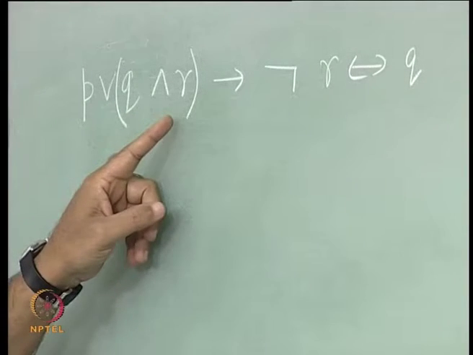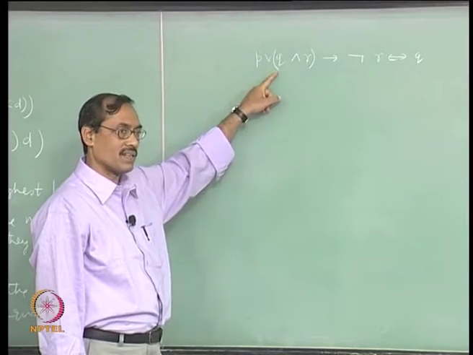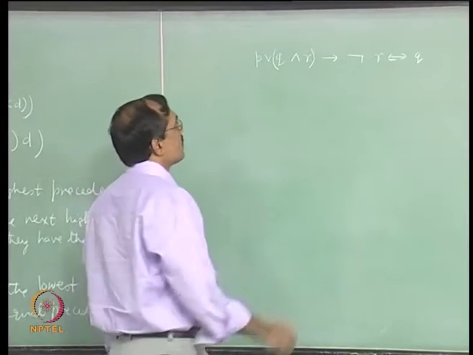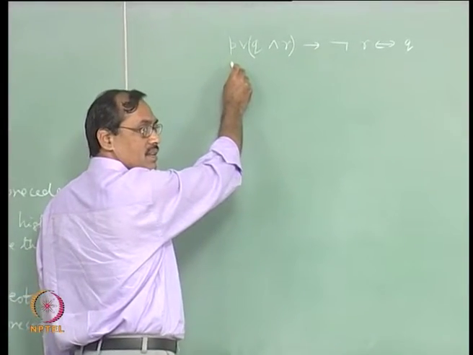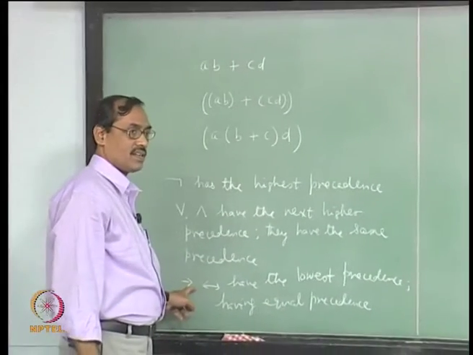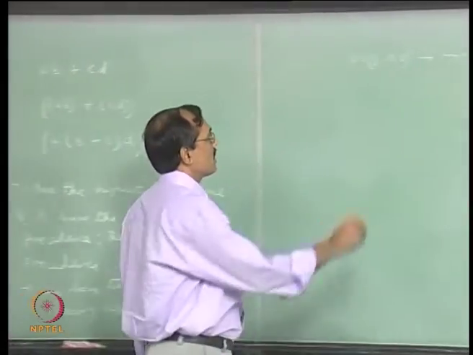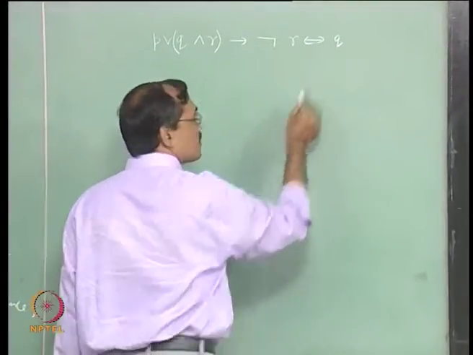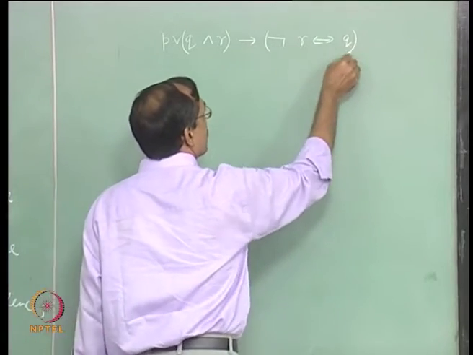First Q and R has been formed, next P has been added and OR together, right. You can have another parenthesis here, okay, but we do not need it because implication has the least precedence. So, rather we need a parenthesis here, okay. Well, we can have it this way,